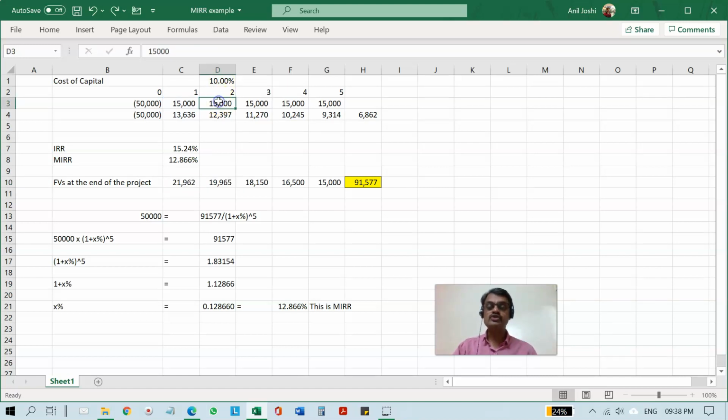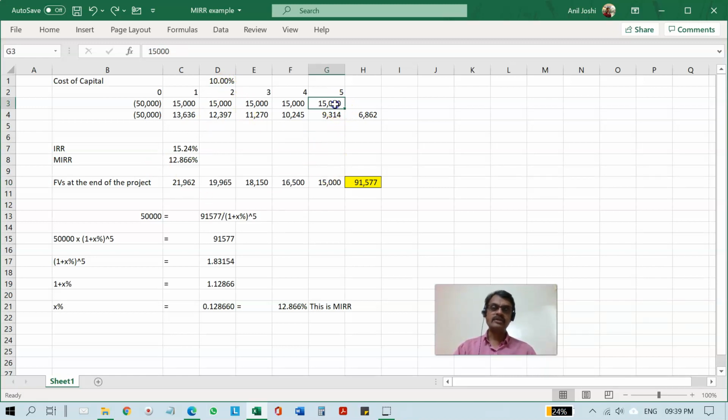Similarly, this 15,000 which you are getting at the end of year 2, for how many years you will get the returns? Next 3 years. So this 15,000 will be equivalent to how much amount at the end of year 5? What will you do? 15,000 you will multiply by 1.10 3 times. Similarly, this you will multiply by 2 times. This you will multiply by 1 time. Why 1 time? Because this 15,000 is at the end of year 4. So only year 5 is left. So 15,000 is equivalent to 16,500 future value at the end of year 5, assuming the return of 10%.